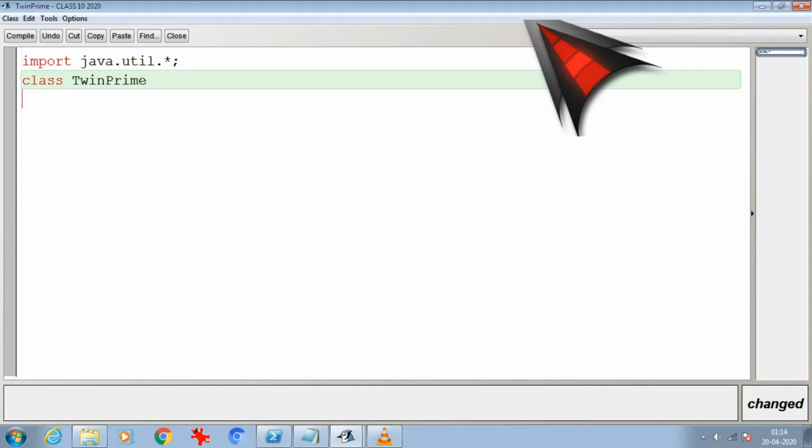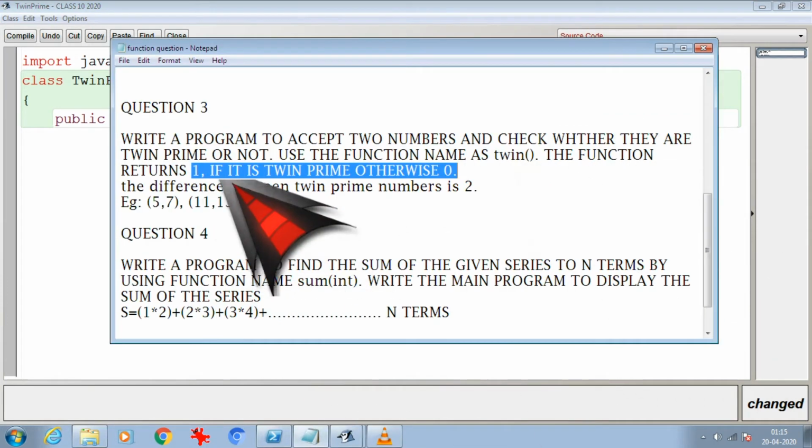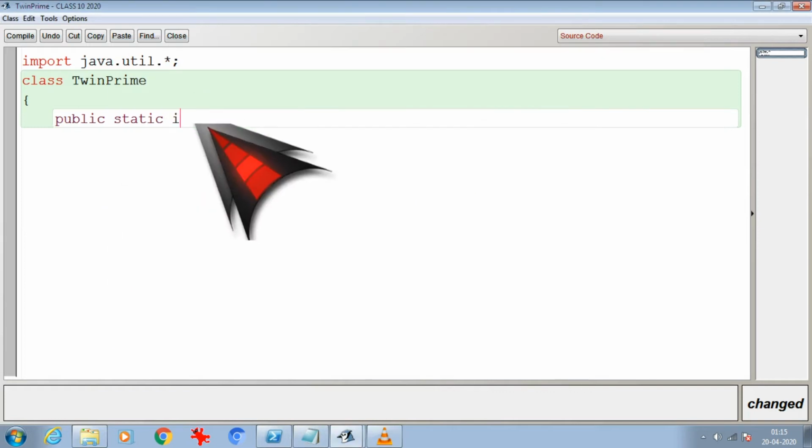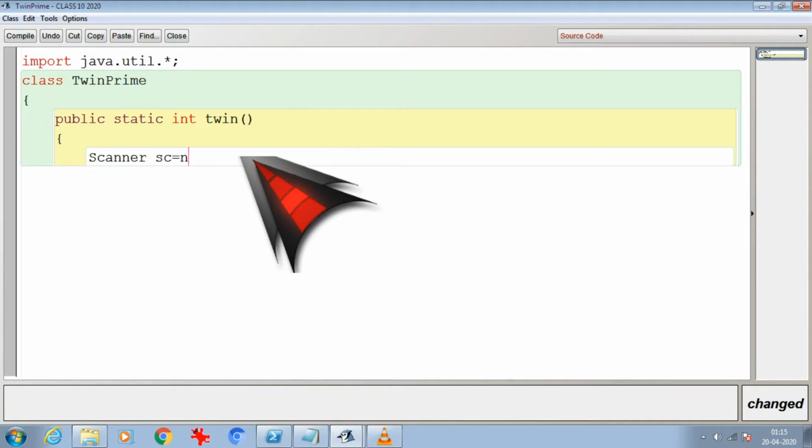And here I will write public static. Since 1 and 0 I am supposed to print, it should be int. The return type of it will be int twin. Now my Scanner class I will write over here, because there was no argument mentioned inside. So I will write new Scanner(System.in).